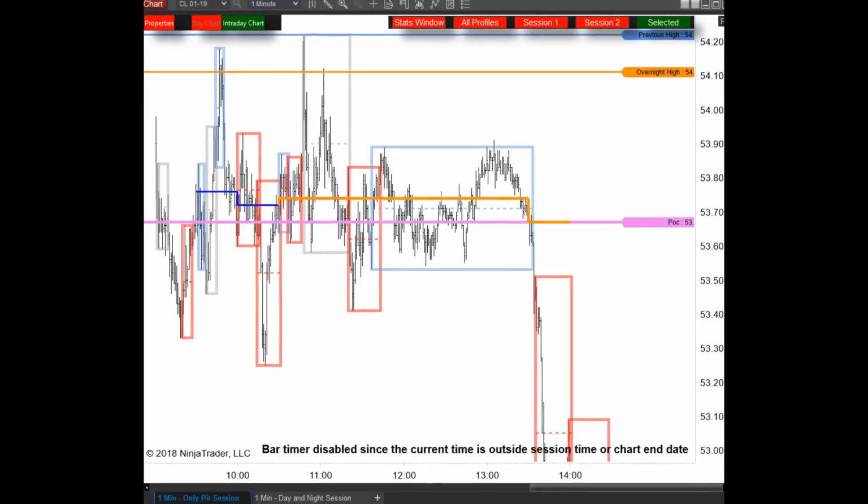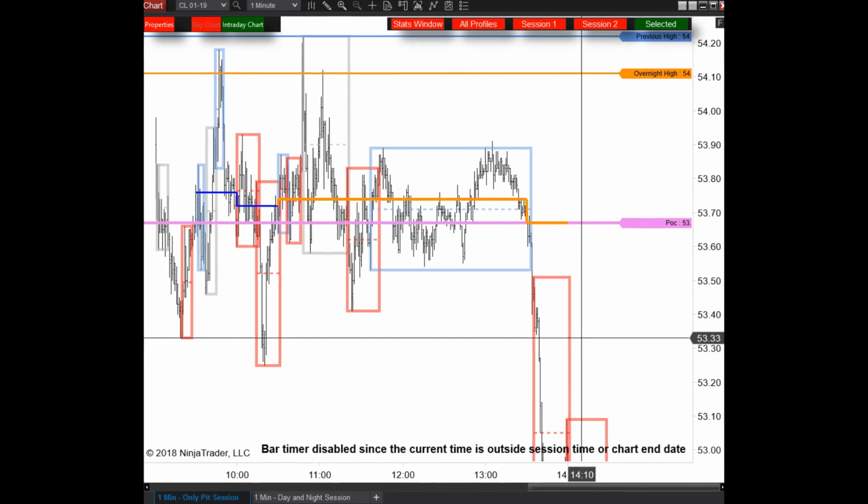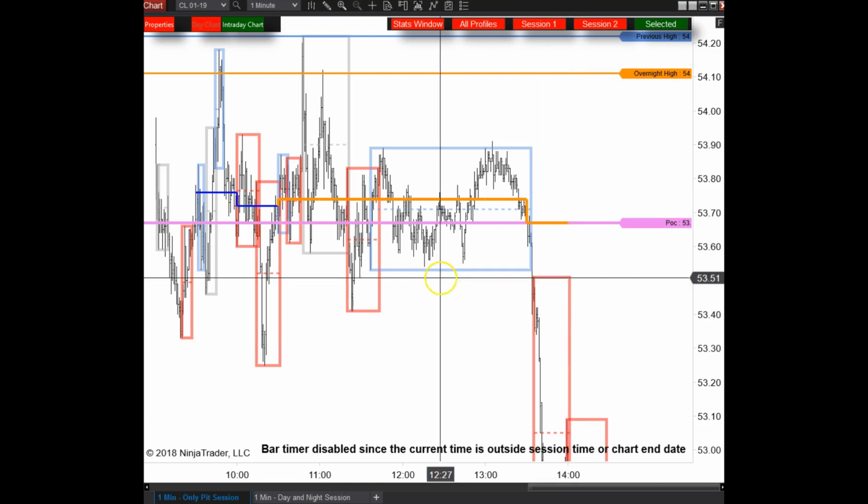It's a great indicator that will allow you now to build intraday profiles. Starting in January, I'm going to show you how to use this indicator combined with the flow analyzer that you see here